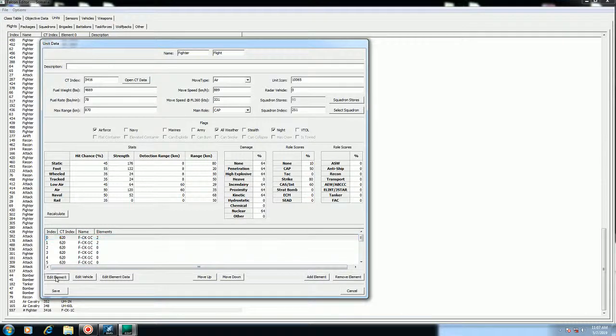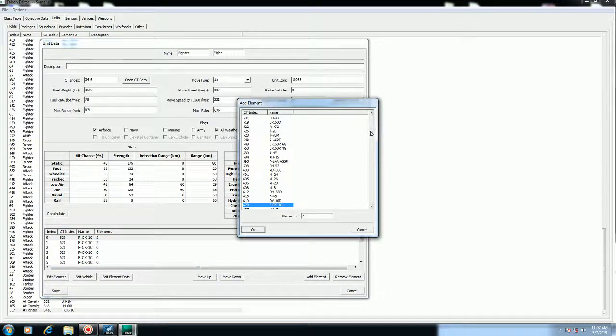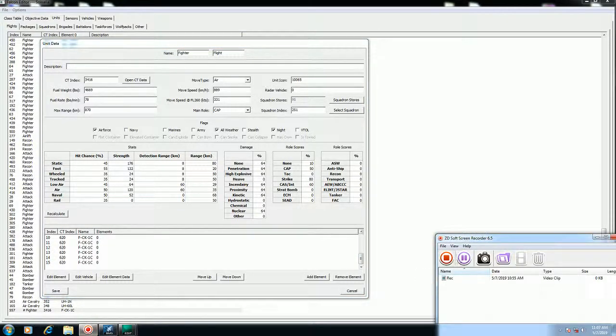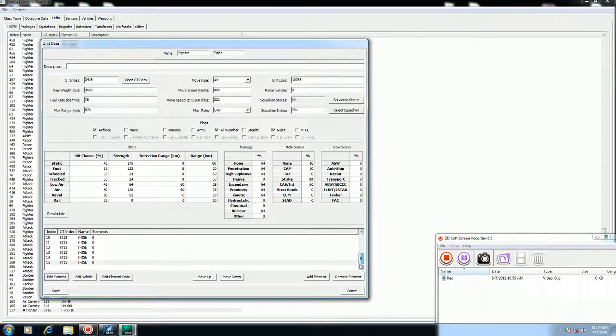Go to edit element, and change it to the F-35B we just made, and do it from 0 to 15 all that same way. And I'm going to pause it while I do that. Okay, all of these are F-35B 0 through 15, and the pound sign is off of that fighter. That's the only changes. I'll deal with all this later. And just hit save,